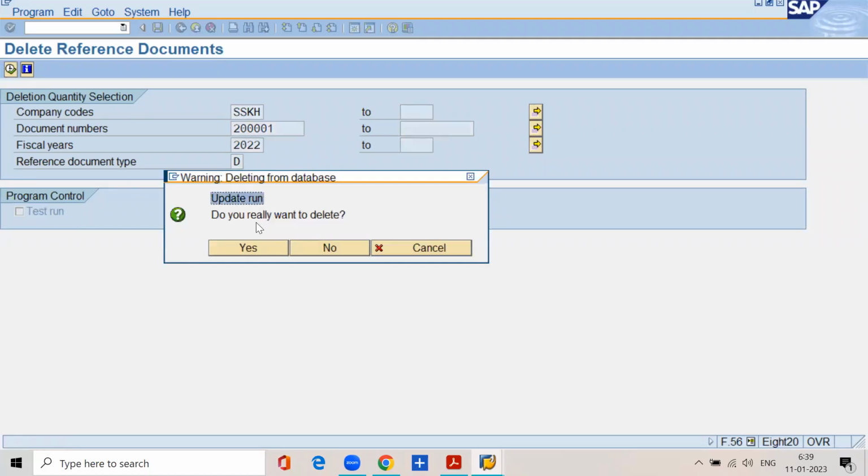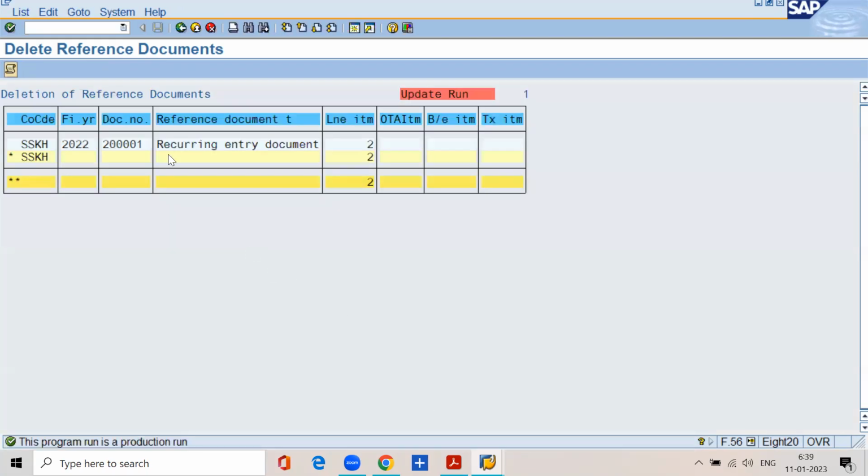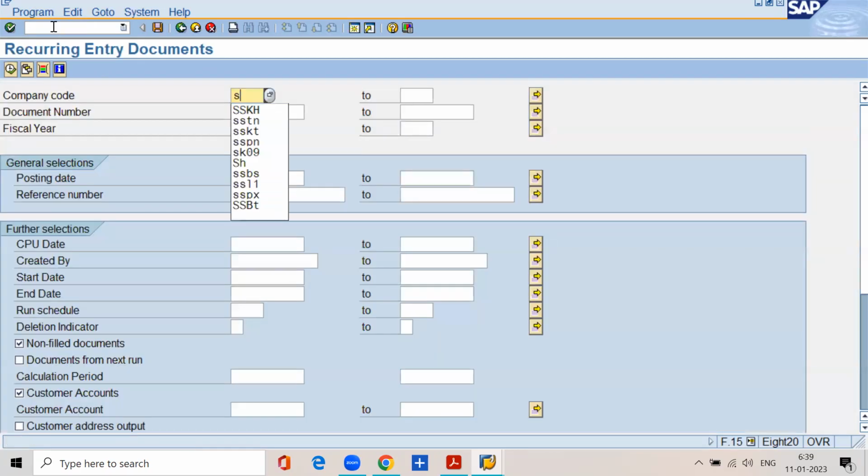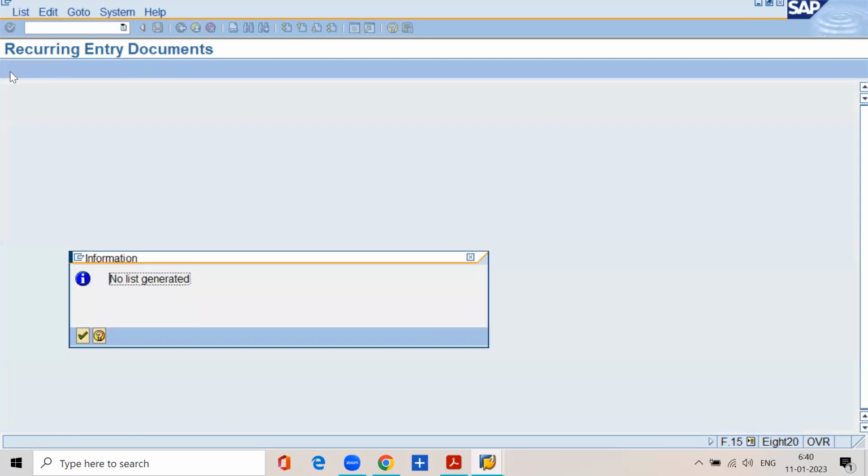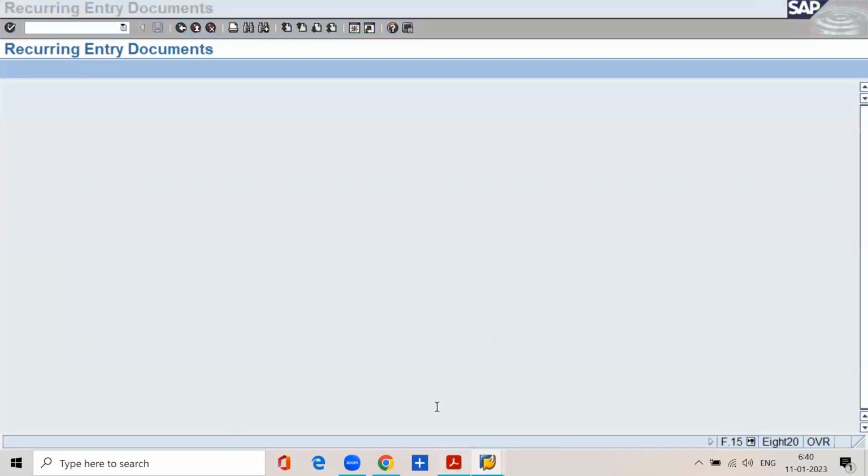See, update. Do you really want to delete? Yes, click yes on the mistake. Now you cannot display the recurrent document now because it was deleted. F.15. You can display recurrent document in F.15. See, no list is generated. Now, here,